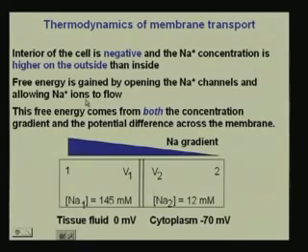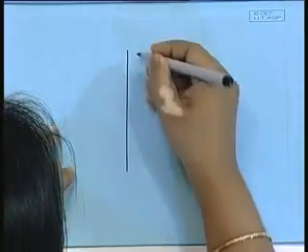to flow. But we know that the free energy comes from both the concentration gradient and the potential difference across the membrane. And as I mentioned, when we have an H plus case, in addition to this, we are going to have a pH gradient as well that has to be considered in our calculations for delta G. Now, the sodium and the potassium sets are actually coupled together. So, if this is our membrane,